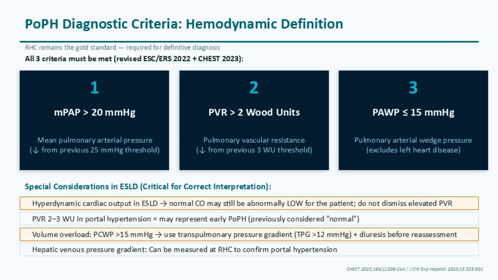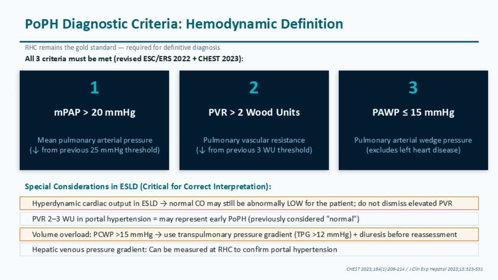Well, robust data show that in the context of portal hypertension, a PVR between 2 and 3 Wood units is absolutely not normal. It's not a gray area. It represents early but definitive pulmonary vascular disease. Catching these patients in this specific 2 to 3 Wood unit window is an absolute game changer. It allows us to initiate PAH-targeted intervention far earlier, which drastically improves their chances of safely making it to and